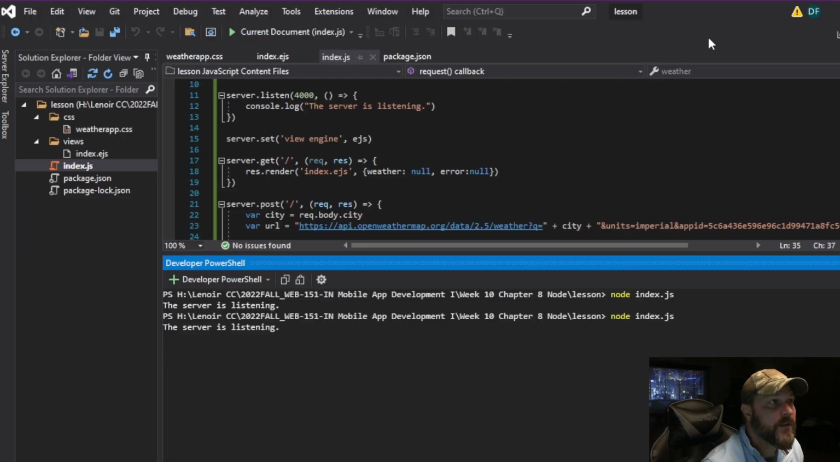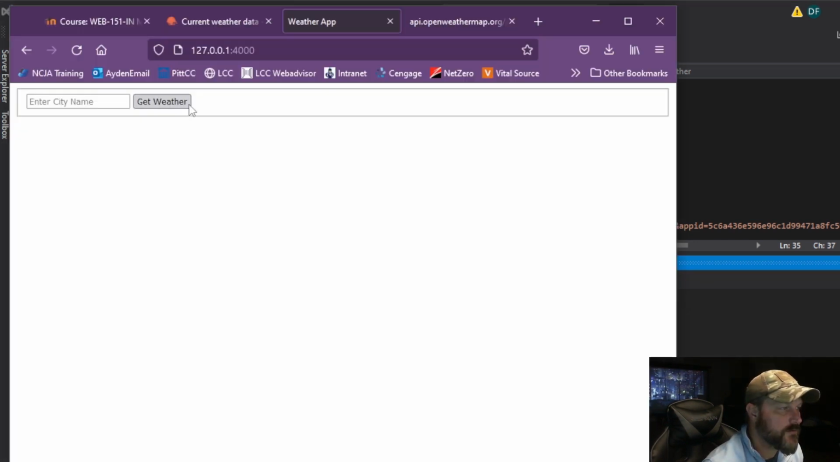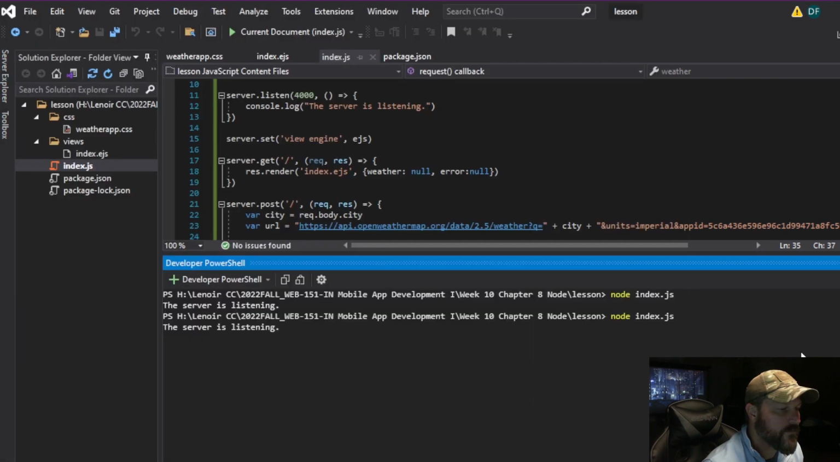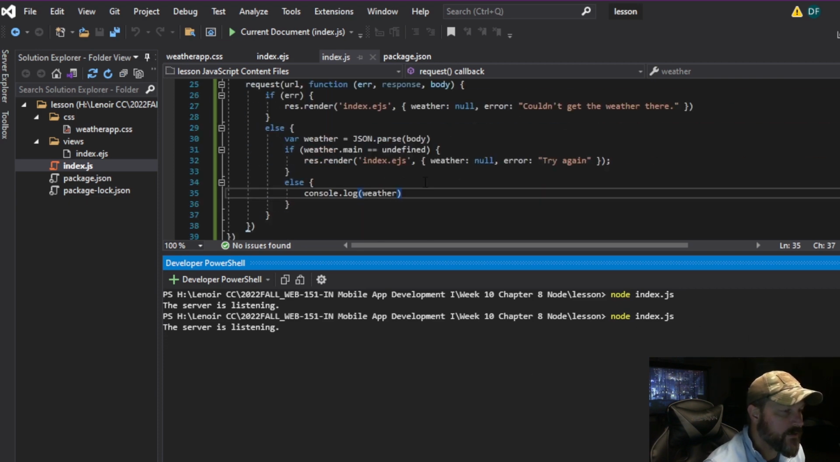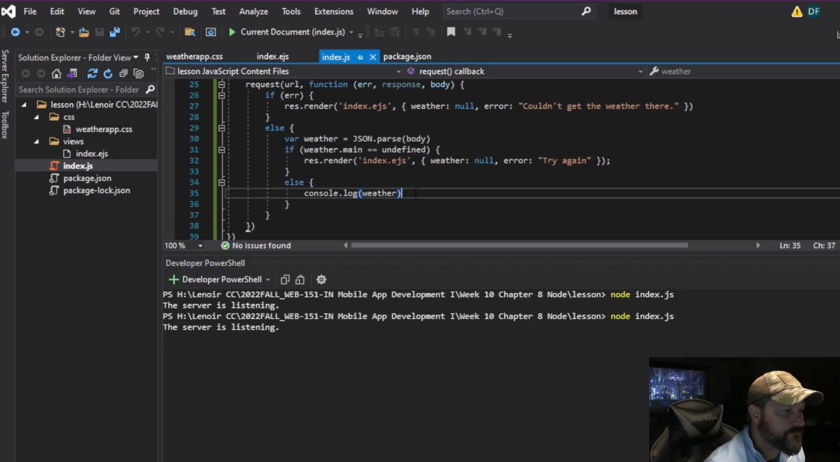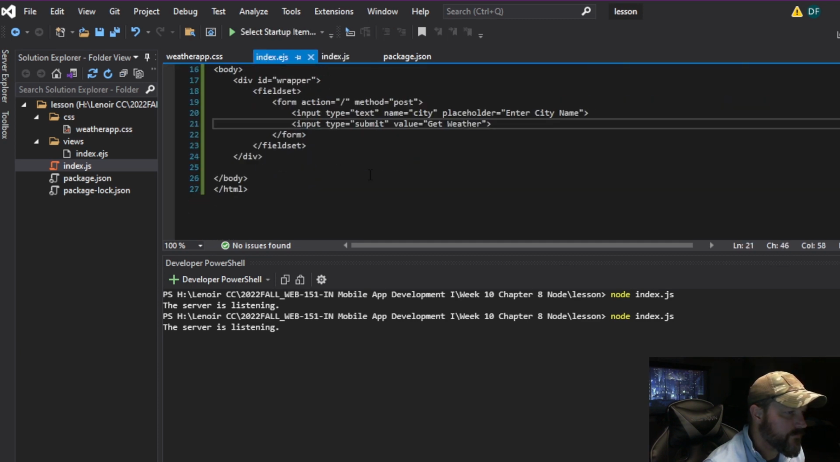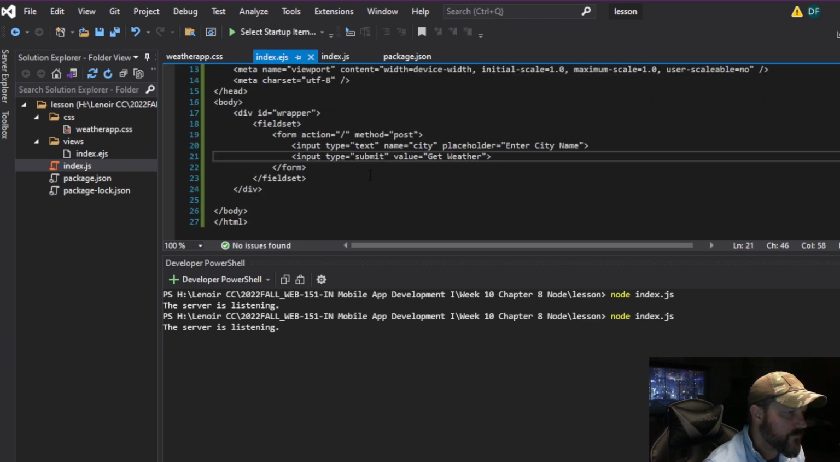But if you look in here, oh, okay, I gotta click the button, I think. Get weather. Nope. It should be logging that in the console, I'm fairly certain. But let's do something else real quick. We'll go back to our